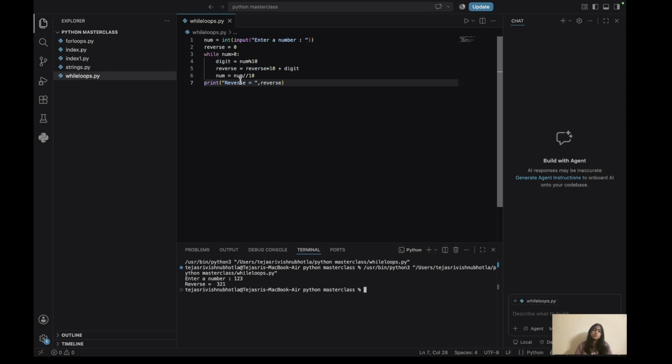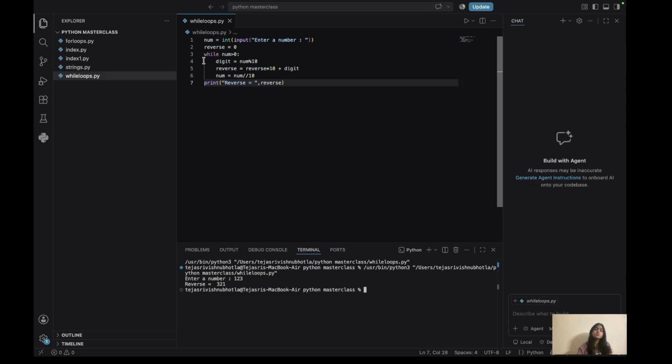Yes, it's greater than 0, so again we get the remainder using digit. Here we'll get remainder 2. Here we have reverse value as 3 before, so if we multiply with 10 we get 30 plus the 2 remainder, that's 32. And by doing the floor division for 12 we get 1, and again it goes back